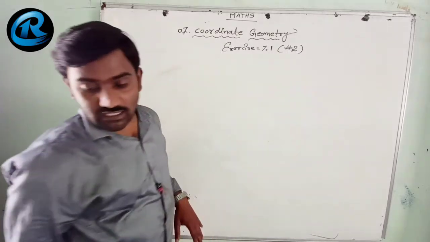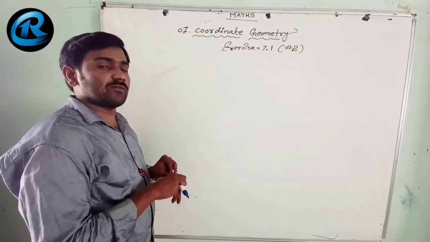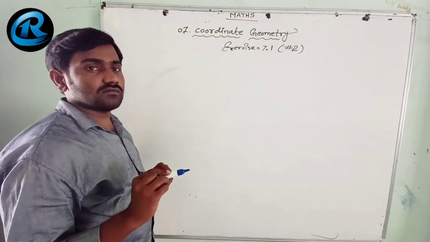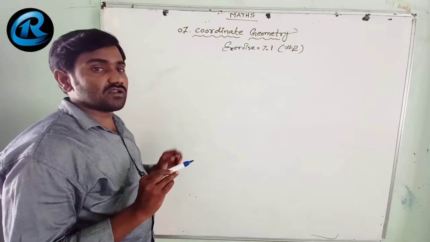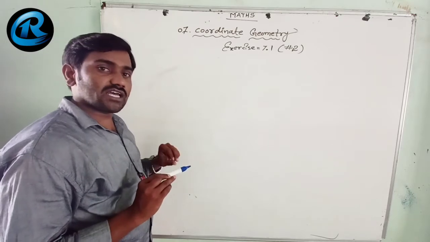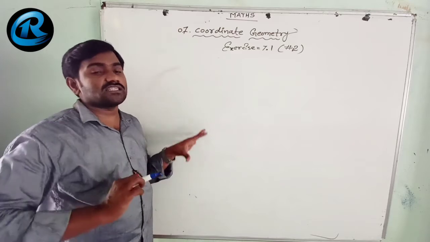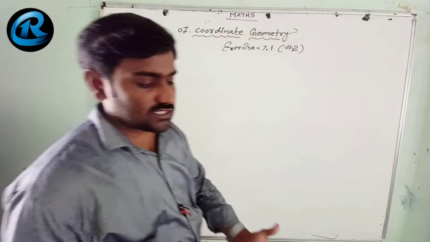If opposite sides are equal and parallel and diagonals are not equal, it is a parallelogram. If opposite sides are equal and diagonals are also equal, it is called a rectangle. All sides equal and diagonals not equal, rhombus. All sides equal and diagonals also equal, square. And if all the sides are different and the diagonals are different, it is called a trapezium. These are the properties, you just remember these things.